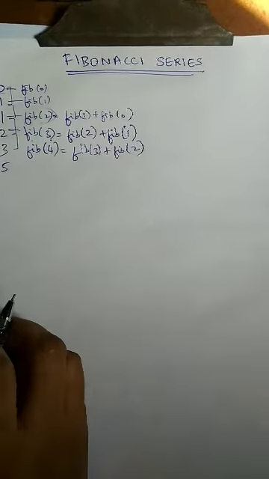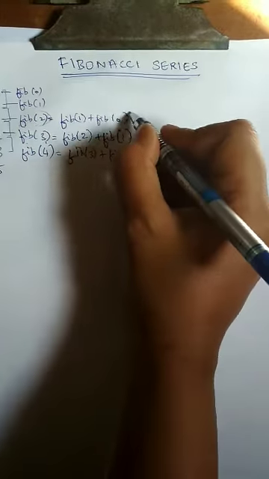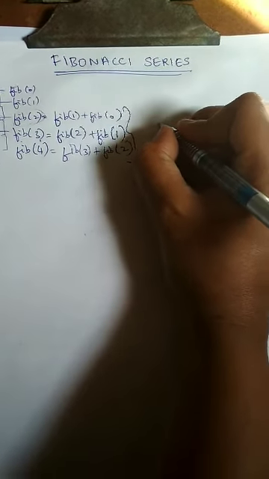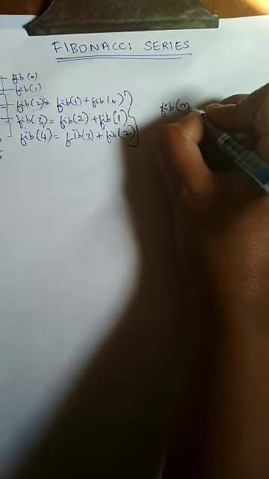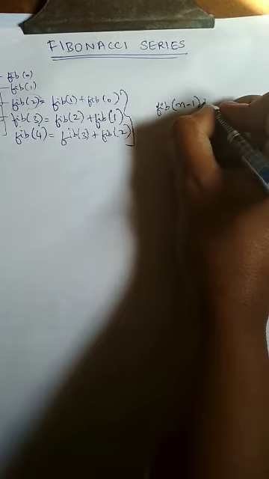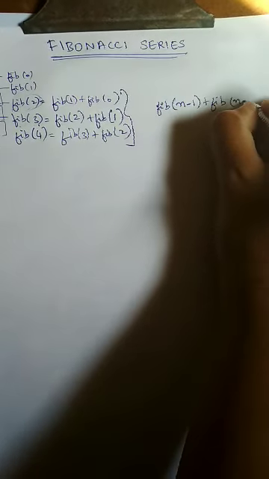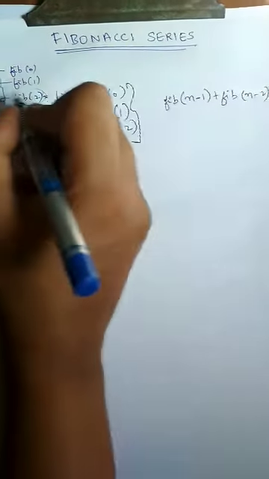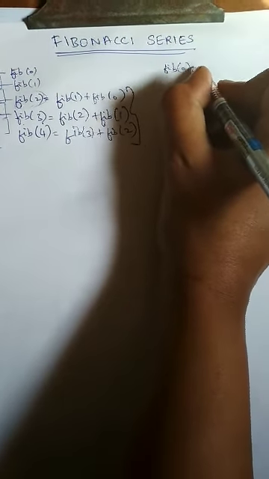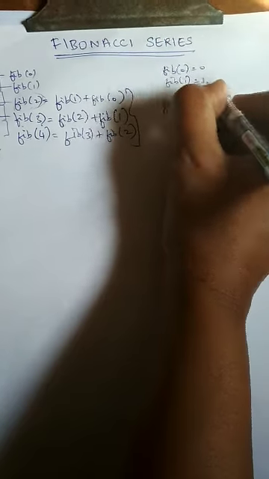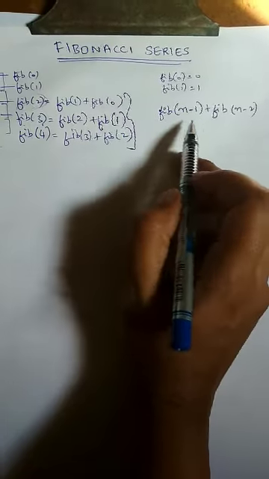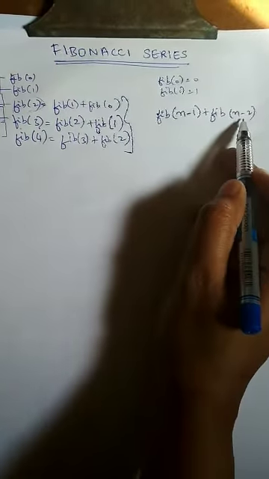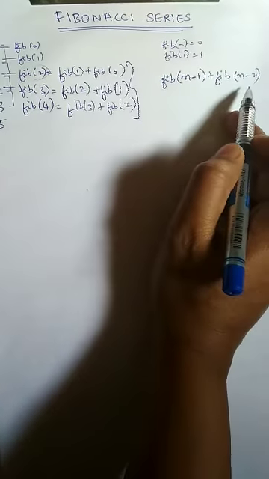Now in recursion, I can write this generally as follows. Whatever parameter I pass, if I pass it as n, I can write fib of n minus 1 plus fib of n minus 2, where fib 0 is 0 and fib 1 is 1. The rest, that is fib 2, fib 3, fib 4 onwards, I can find like this. So it's very simple.